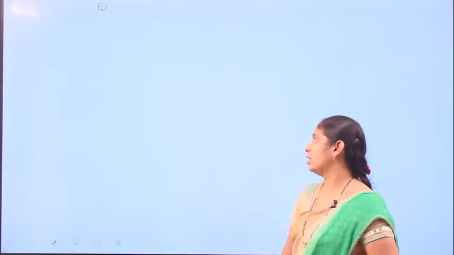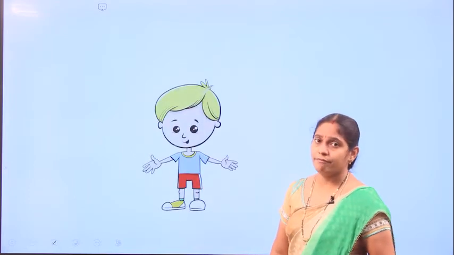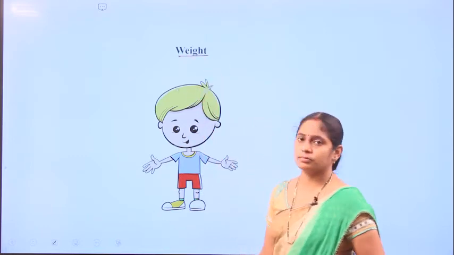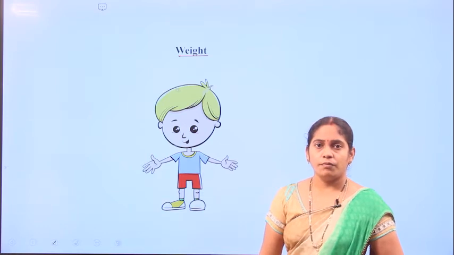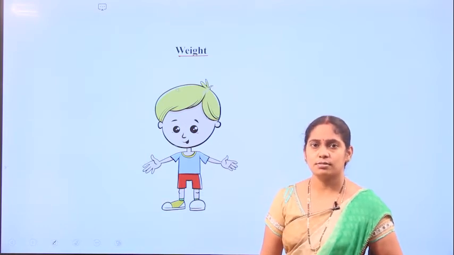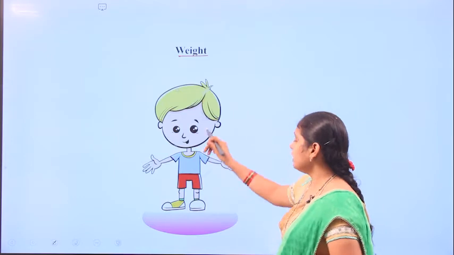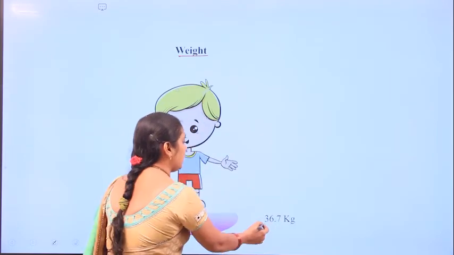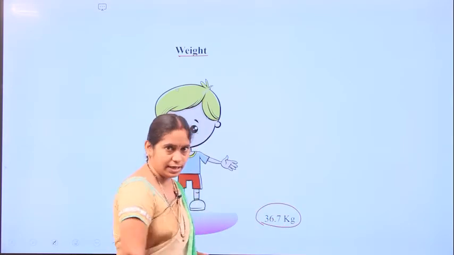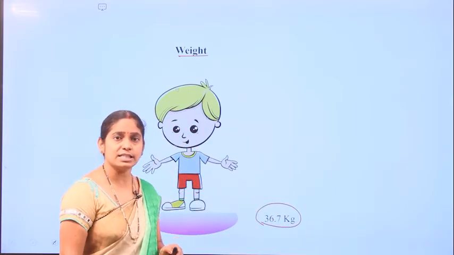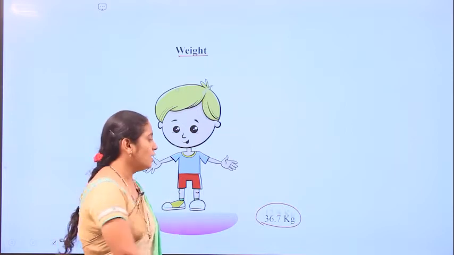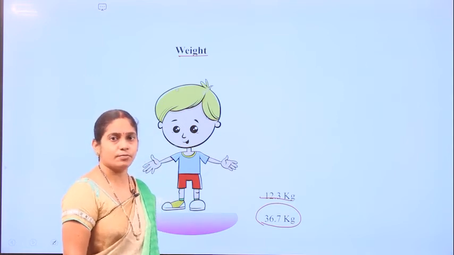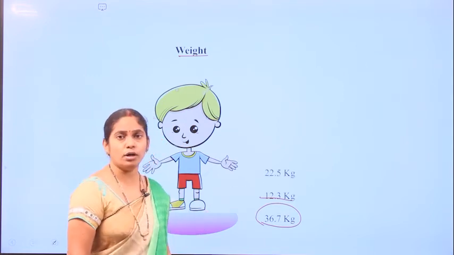Take another example. If I ask you to tell the weight, what is your response? Weight will be specified as 36.7 kgs, otherwise 12.3 kgs or 22.5 kgs.